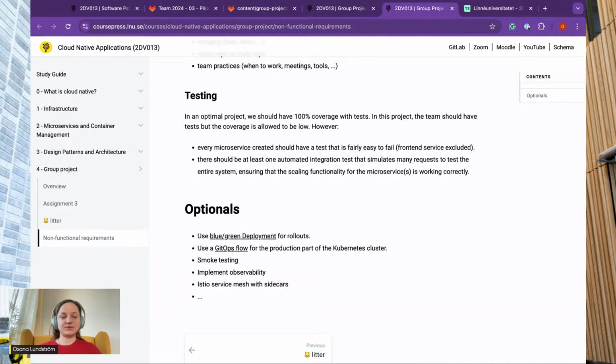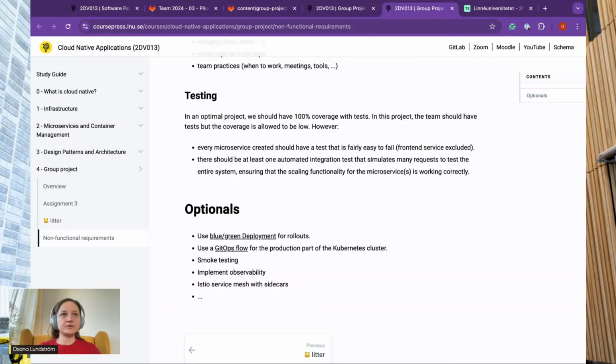And there should be at least one way to demonstrate that the system scales correctly. How you do it, your creativity is the limit. I will try to supply at least one example in one of the workshops of how it could be done using open source tools. However, you can use other third-party services.